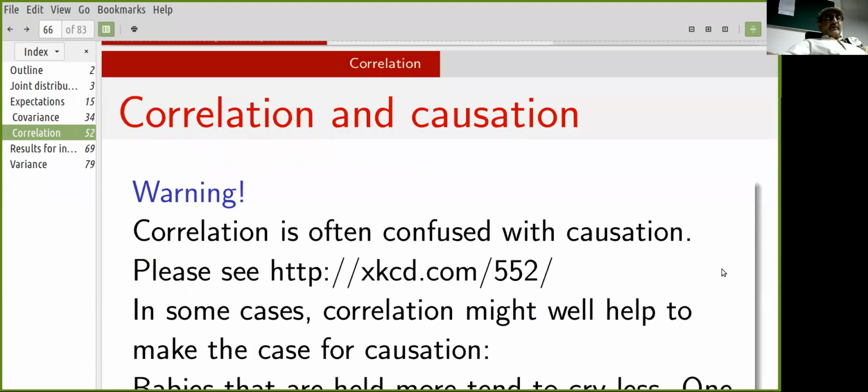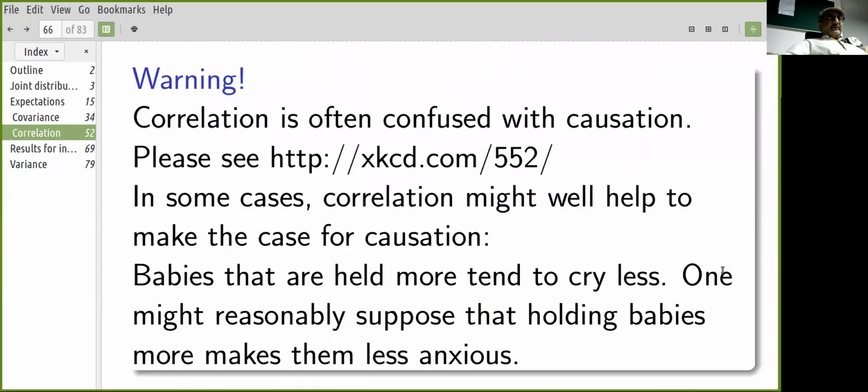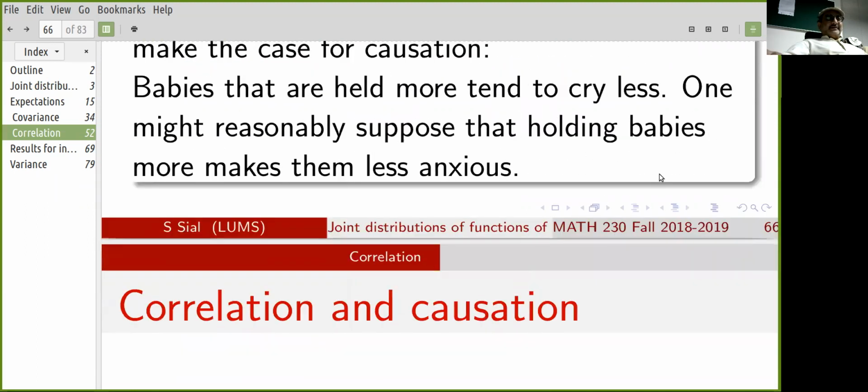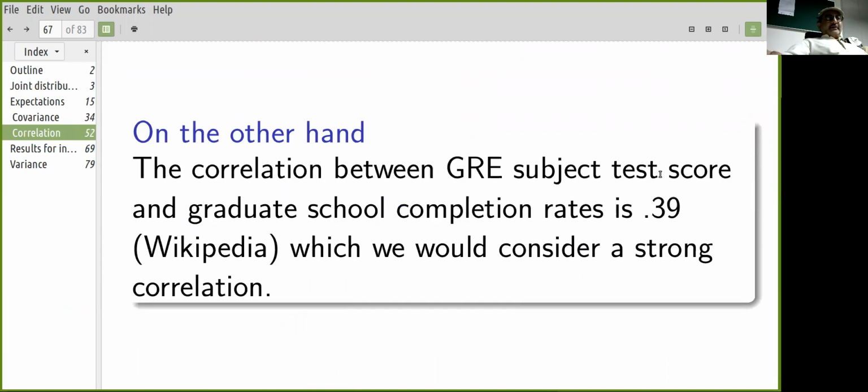Okay, we need to be a little bit careful. Correlation is not causation. Right, so babies that are held more tend to cry less. One might reasonably suppose that there is causation here, and holding babies makes them less anxious. On the other hand,